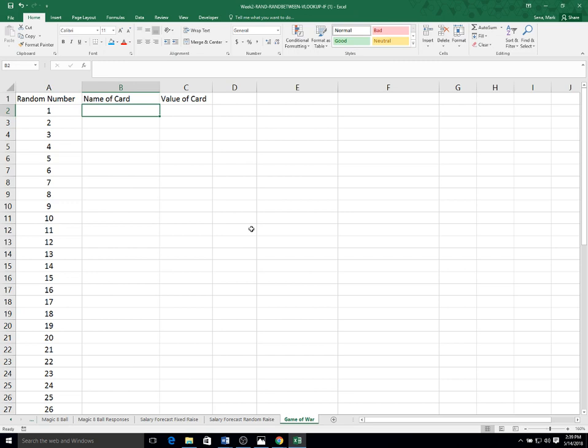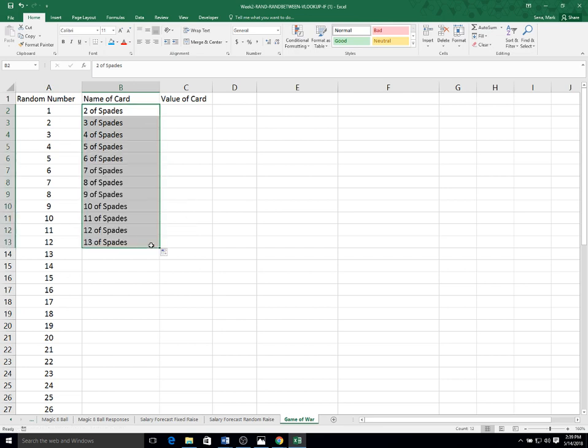Now I want to create the name of the card. So I'm going to type 2 of, and I'll just start with spades as my first suit. 2 of spades, 3 of spades, 4 of spades. And rather than typing all of them, I'm going to do an autofill all the way down to 10, and then once I get to 11, 12, and 13,